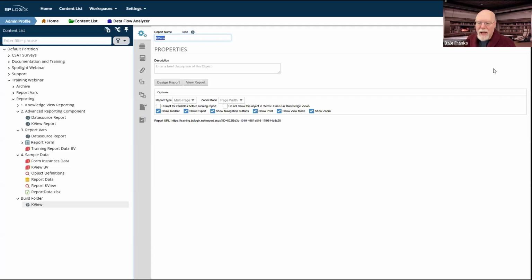On the Properties tab, I can actually go back in and change my report type from here. So if I picked the wrong report type, don't worry, you don't have to get rid of it. You can just go and change the report type. The two buttons at the top are useless for us to look at right now because we don't really have any configuration. This is a blank report.